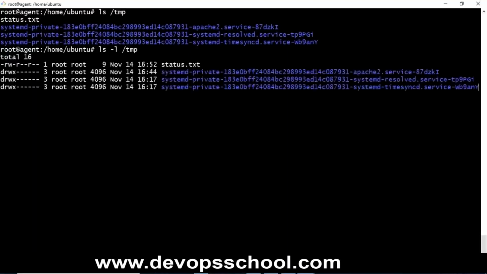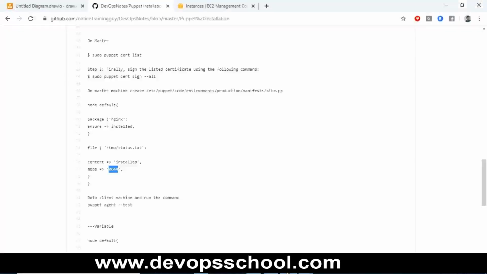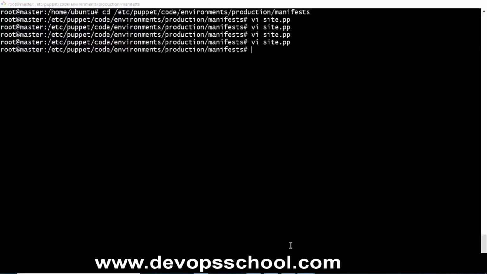So you can see the owner has read and write permission. Others, or groups or others, have the read permission. So this way basically we are executing the script. Okay. So now here in my Puppet Master, I have,